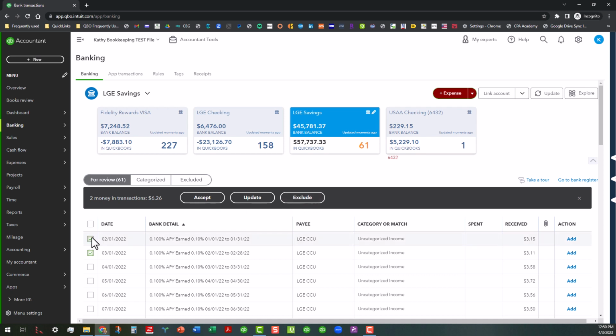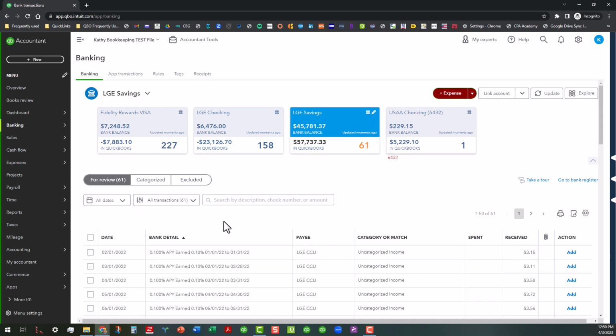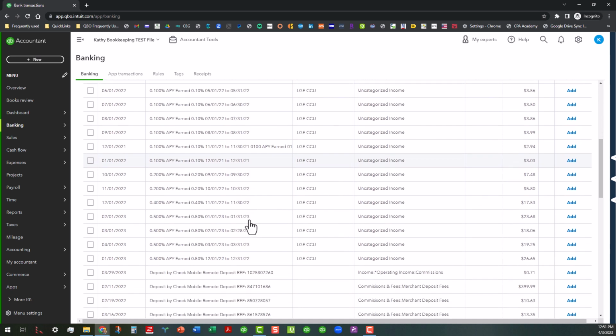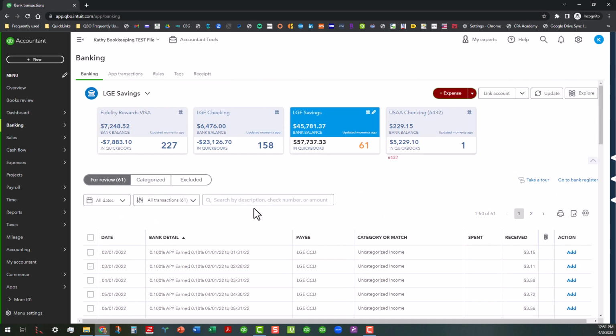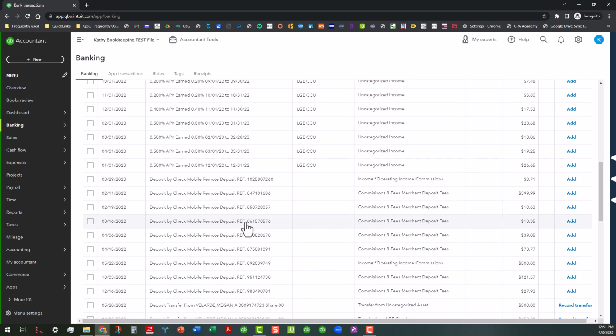But in the meantime, we're going to talk about basically doing some batch entry of transactions and assign payees or categories where we might need to do so. So let's say we're in the savings account up here. Let me show you, yeah, we're in the savings account. And let's say we've got a bunch of deposits here that we're just going to assume are categorized correctly, but they need payee names assigned to them.